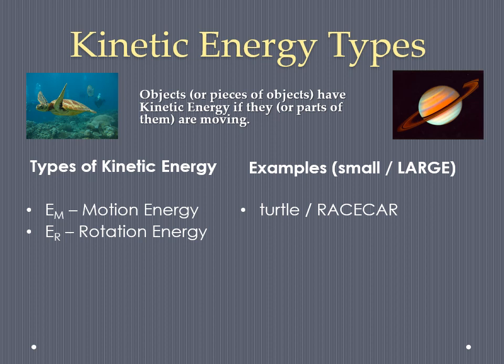The second kind of kinetic energy is called rotation energy. So this is an object that is not moving itself. It might be staying in place, but it is spinning. Some examples of objects that have ER, rotation energy, are bike tires and planets. Bike tires have a lot less rotation energy because, again, they have a lot less mass, and also they're spinning a lot slower than the planet is, right? Our planet has to rotate once per day, so we've got that planet spinning pretty fast. The third kind of kinetic